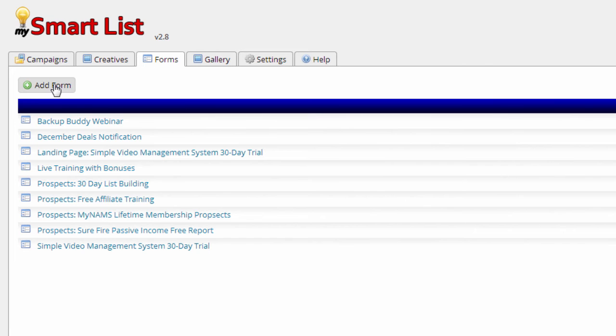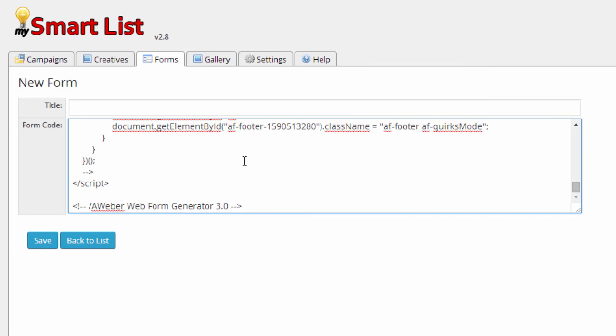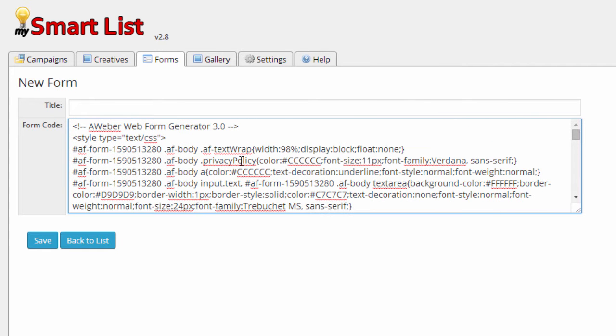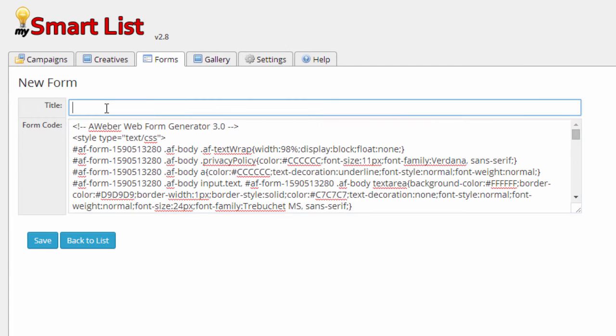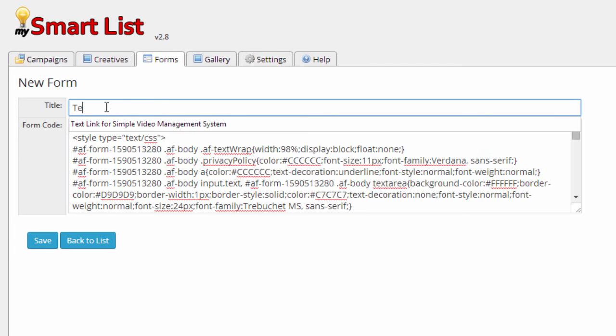I've clicked that. It says add form. You can see we've added a few forms in here already. So I have already copied an opt-in form from my Aweber account, and I just drop in the code. This is the raw code from the Aweber form generator. It doesn't matter what that form looks like or anything. I just want the raw code from it. I save that. Oh, I need to give it a title. We'll call this the test